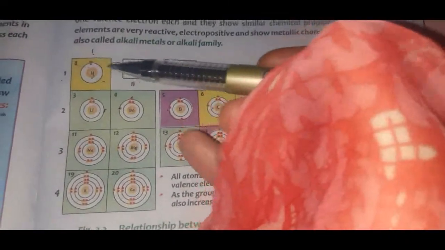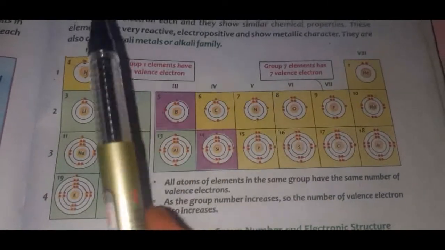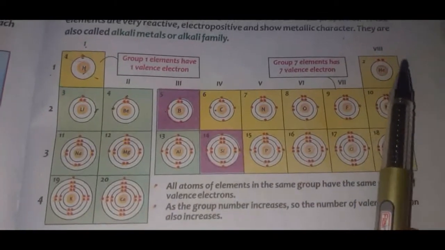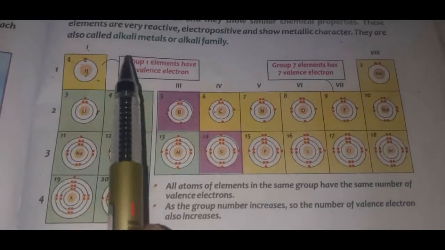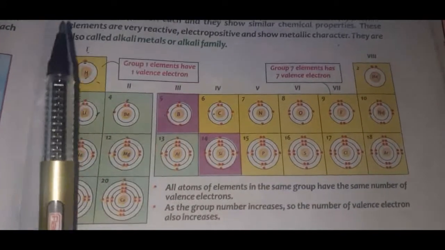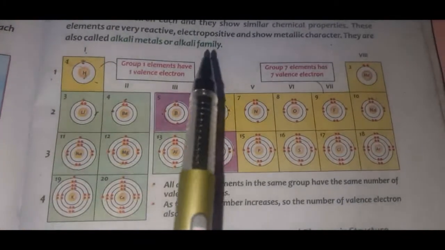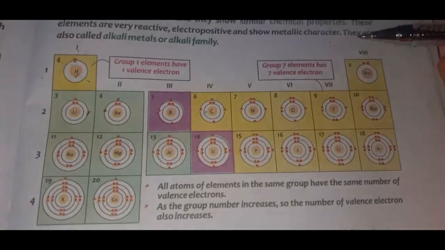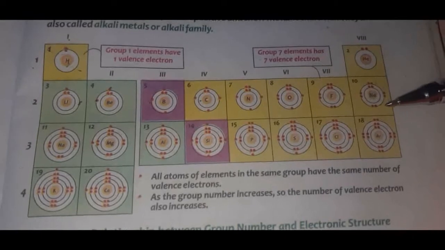So what you have concluded is that if we are talking about shells, if we are talking about period, we are going from left to right. It means that if the period is 1, it will have 1 shell. If it is 5, it will have 5 shells. And if the group number is 1A, it will have only 1 electron in the valence shell or outermost shell. Or if it is group 8, it will have 8 electrons in the valence shell.